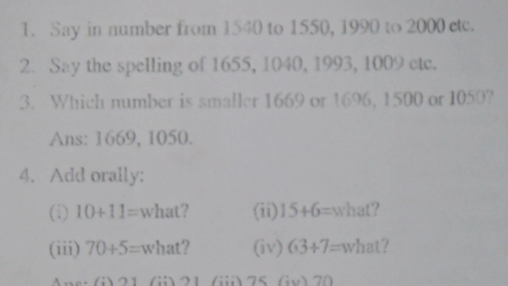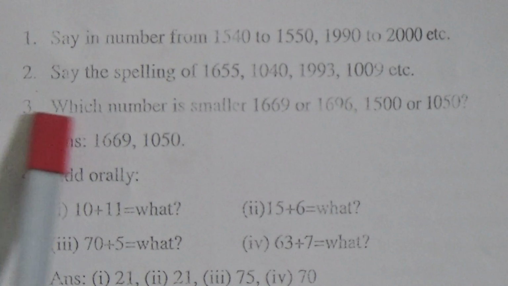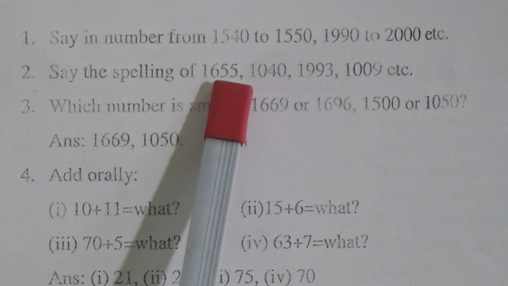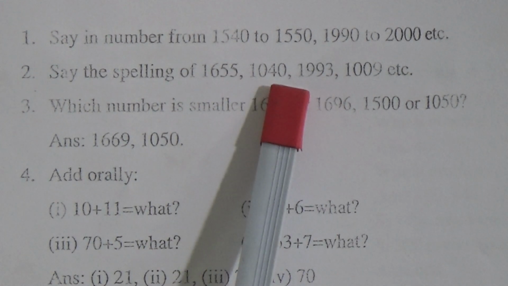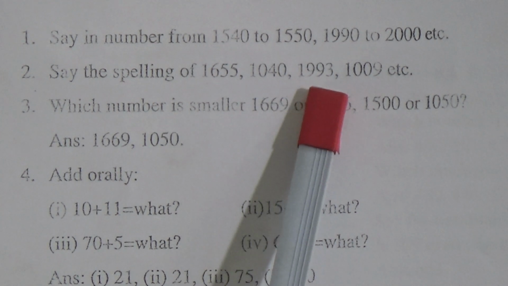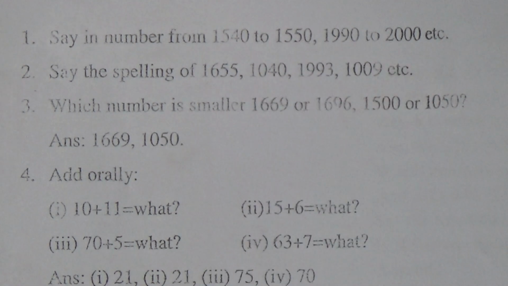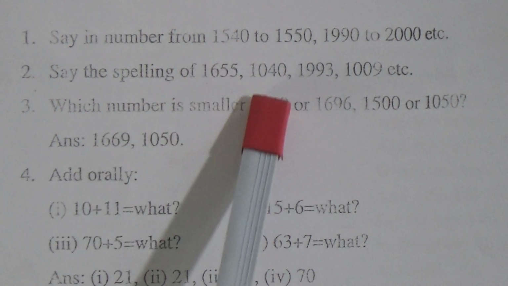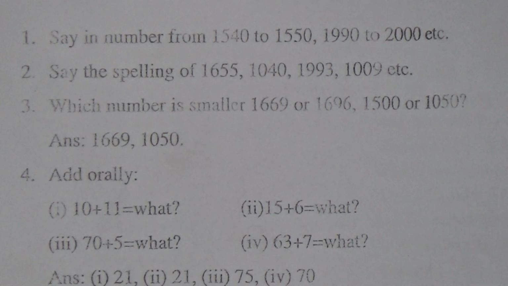Just like this, you practice the next one. That means 1990 to 2000. Okay. Next, say the spelling of 1655, 1040, 1993, 1009. My dear students, we have already learned in our previous classes